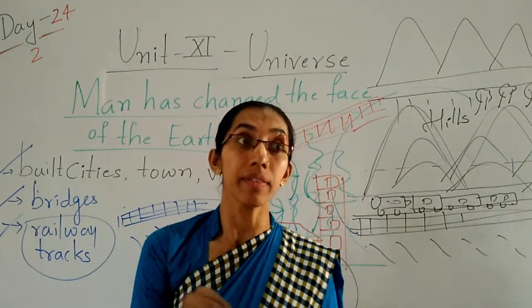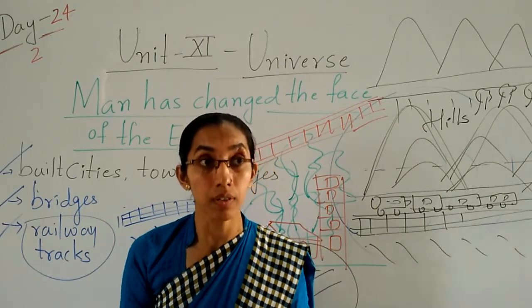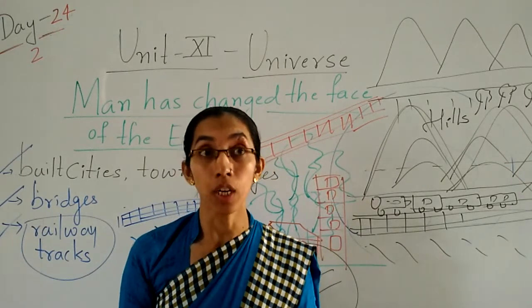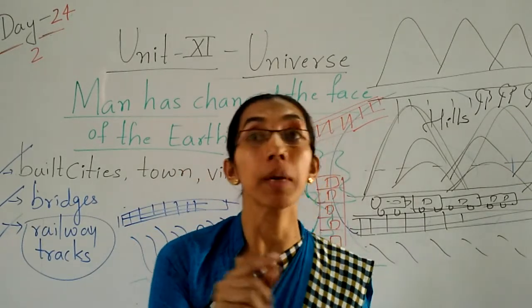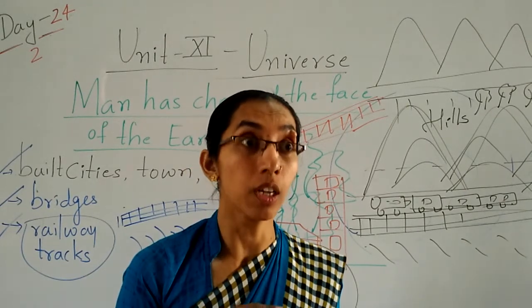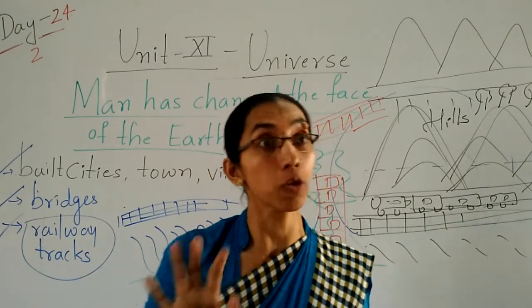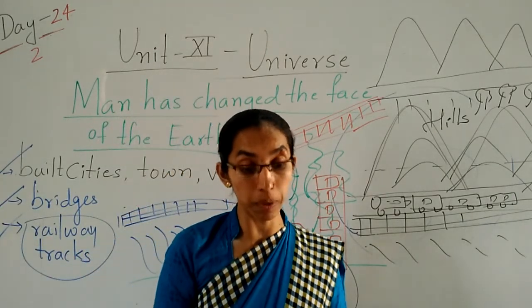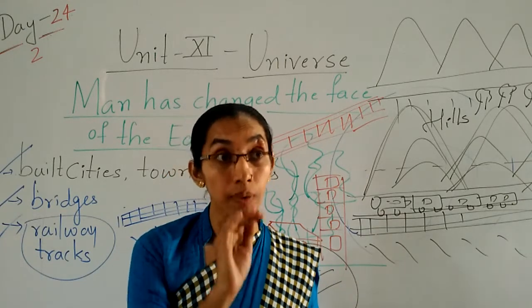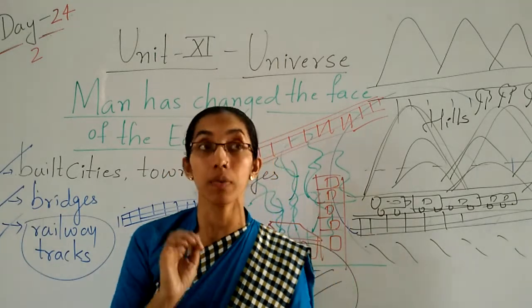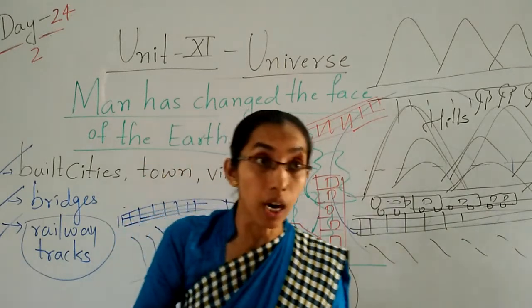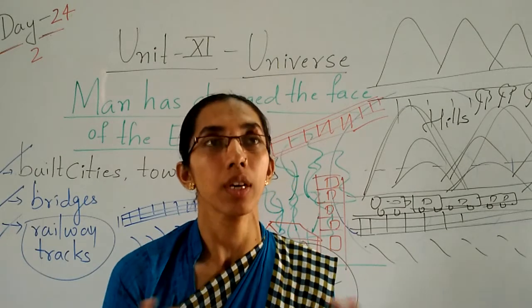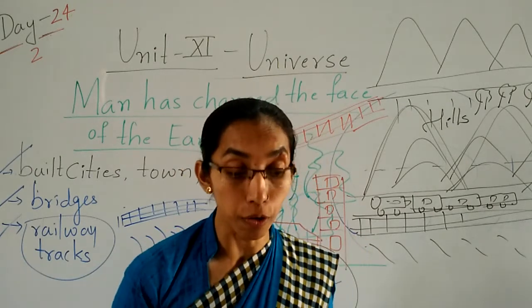Clear children, 28 states, different in languages, different in dressing style, in the colors also. But here children, we have to respect all the people. We should not only respect Karnataka people, we should respect the other states and other countries' people also. Clear children, we should respect each other. And whatever God has created on this earth, whatever gift God has given on the earth, that is a tree, river, water, mountain, everything we have to share. Yes or no? You have to share it.